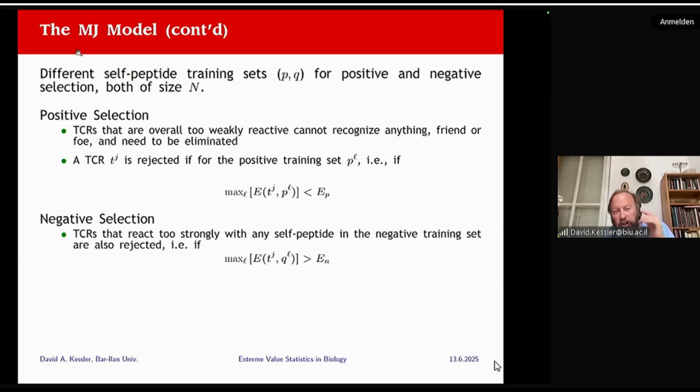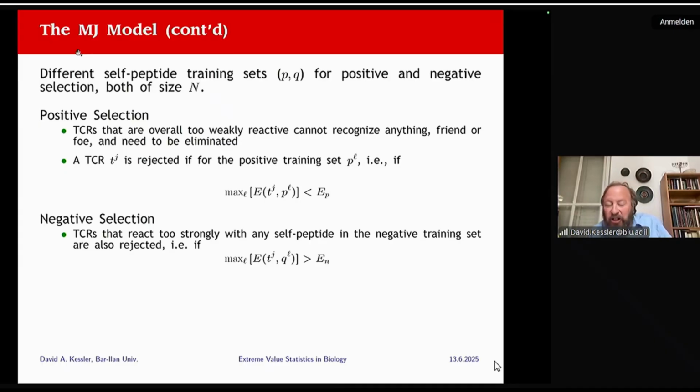In fact, there's two kinds of selection that go on. There's a positive selection and a negative selection. And this is a slight detail, a divergence from the original MJ model: we're going to assume, because that seems to be what's biologically true, that the training sets are different, because in fact these two kinds of selections happen in sequence rather than together. What are the two kinds of selection? I talked about the negative selection, we'll come back to that in a second, but there's also a positive selection.